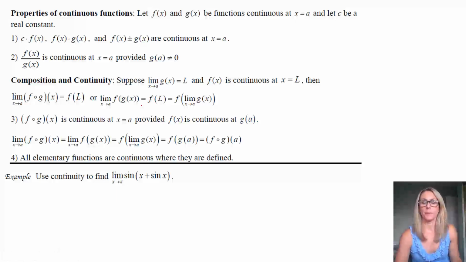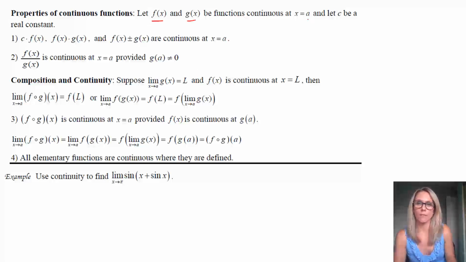So here we are finishing up our section on continuity. We have some properties of continuous functions. No big surprises here with these, in case you were looking for surprises. Really, it just tells us that if we have a couple functions, f and g, they are continuous at a value. And if we have a constant called c, which is very common for a constant, that if you take your constant and you multiply it by f of x, if you multiply two functions together, or if you add or subtract them from each other, they are still continuous at x equals a. And that's, of course, because of what we have up here.